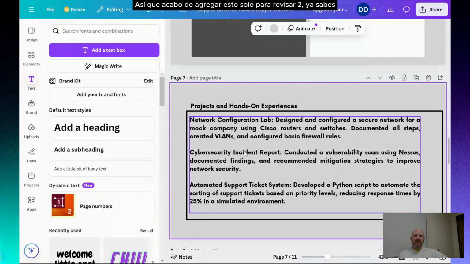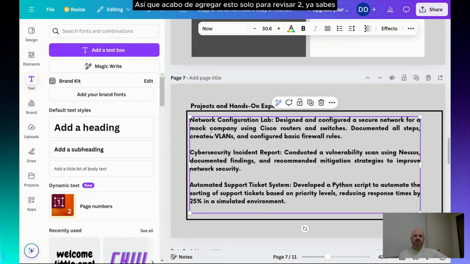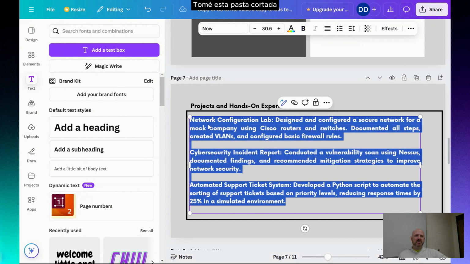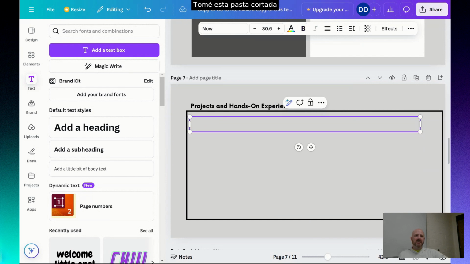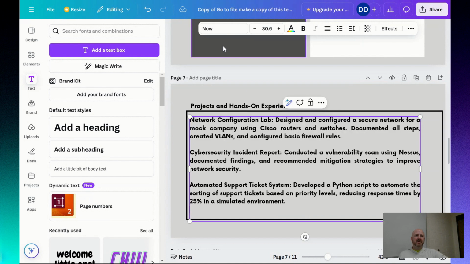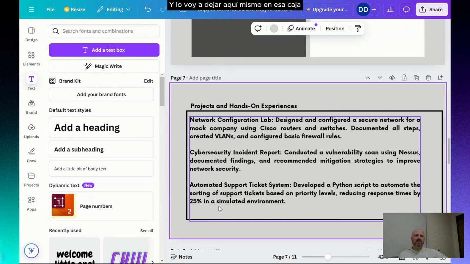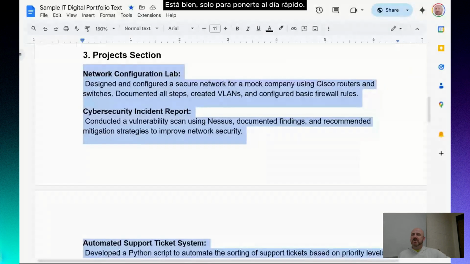So I just added this just to review. I copied and pasted it just to review. I took this, cut it, pasted. I formatted it left, and I'm going to leave it right here in that box. So now I'm going to go back to my sample document. Okay. So just to kind of catch you up quick,